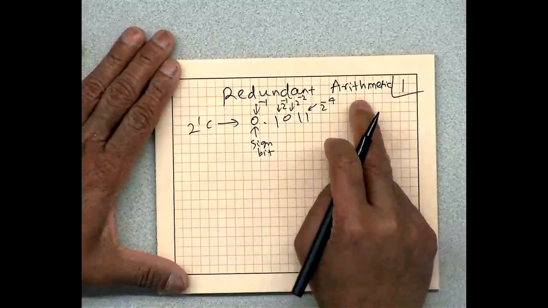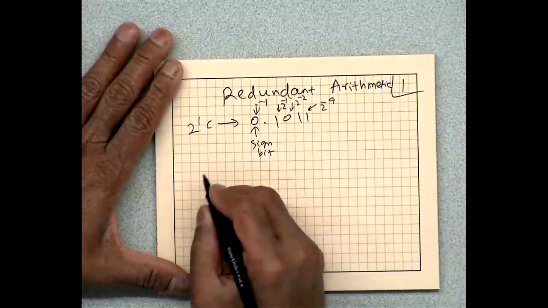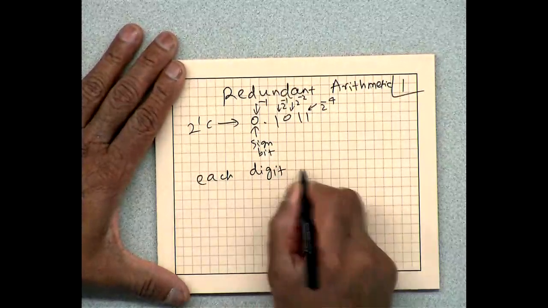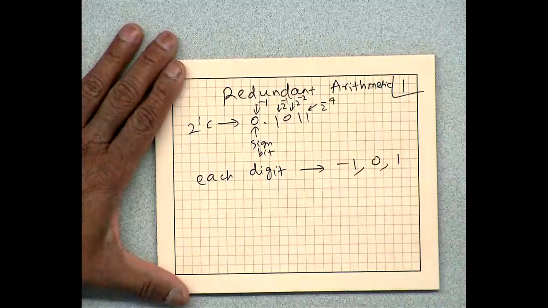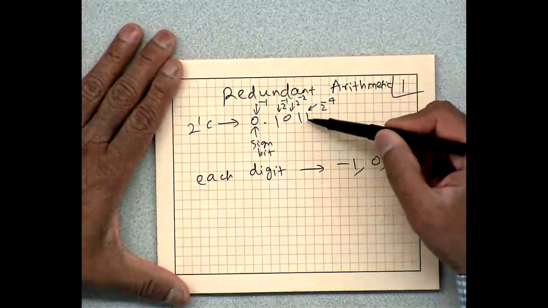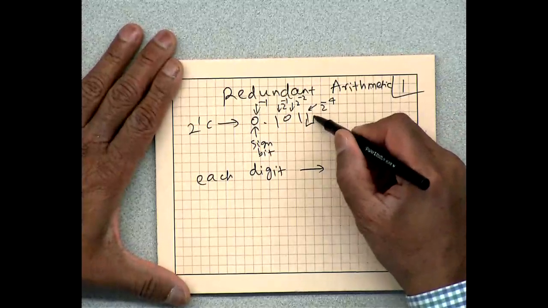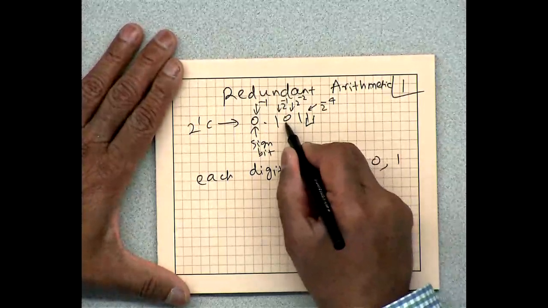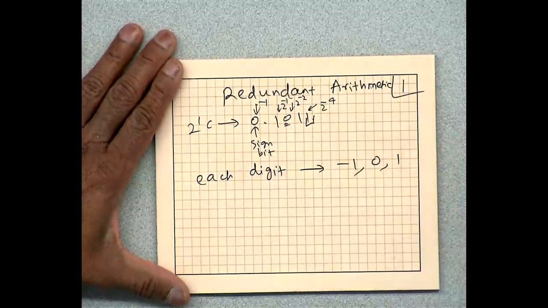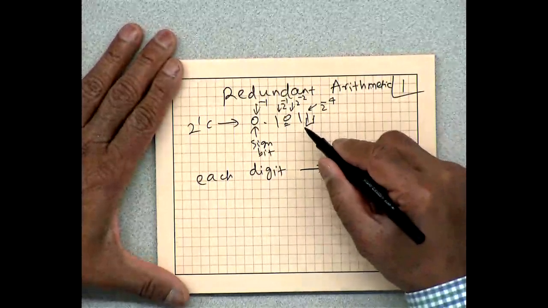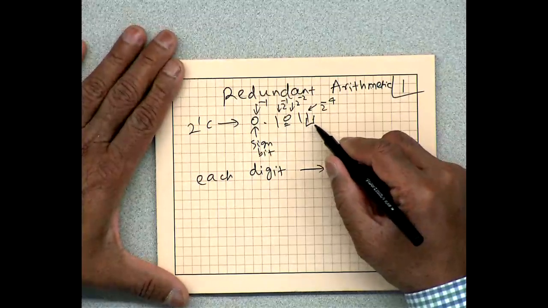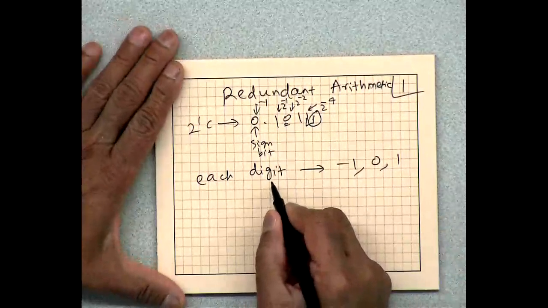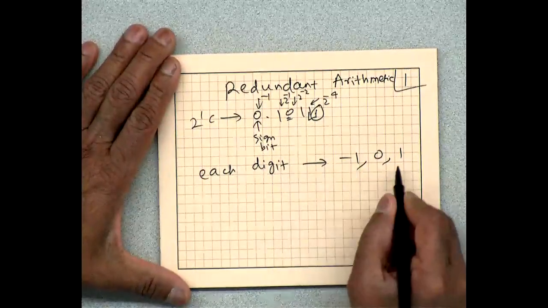Whereas in a redundant number, we represent each digit, we call that digit, that can be -1, 0, or 1. So if you think about what is the value of each digit here, one bit is either 0 or 1, so that can take two possible values. Now when I think about a digit, that can take three possible values,